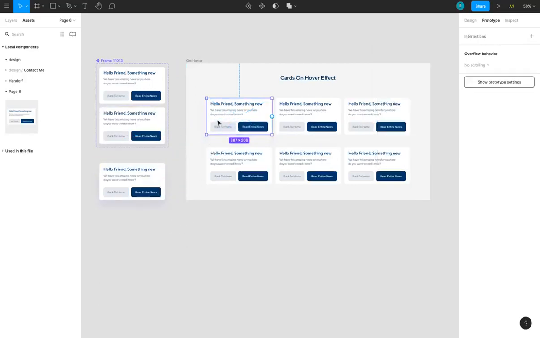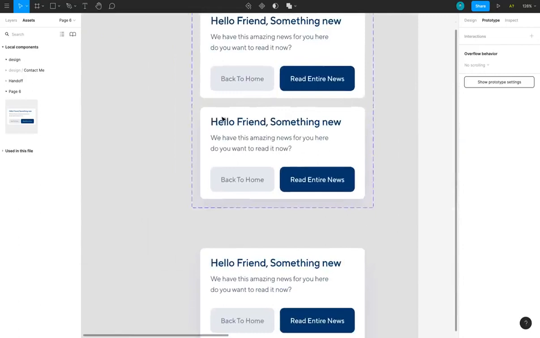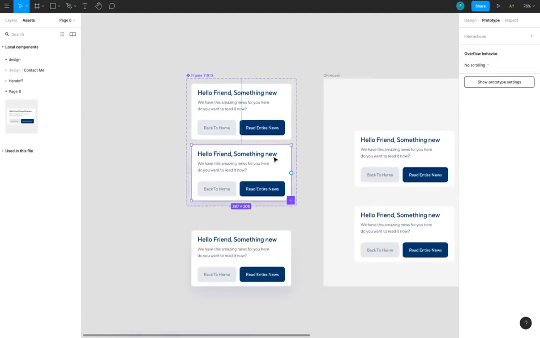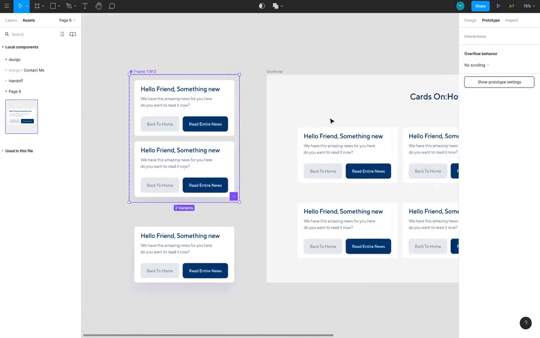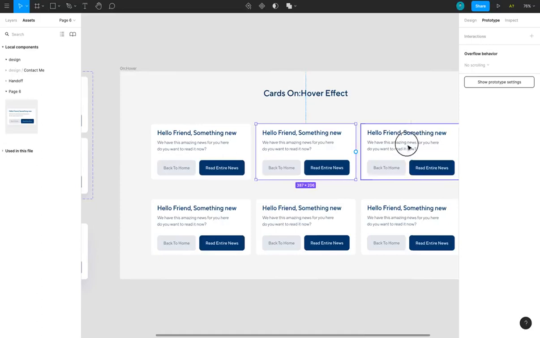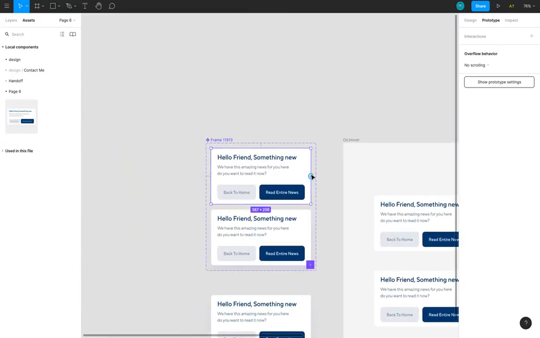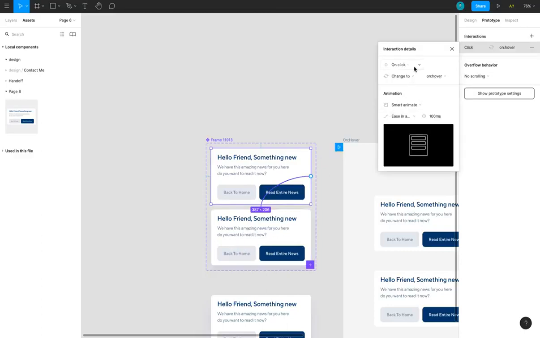Now for the new method, I only have to prototype this because this is my main component. These are my main components. These are variants, and I have these cards, these different instances of this particular component. So all I have to do is just prototype this and set this to while hovering and set this to